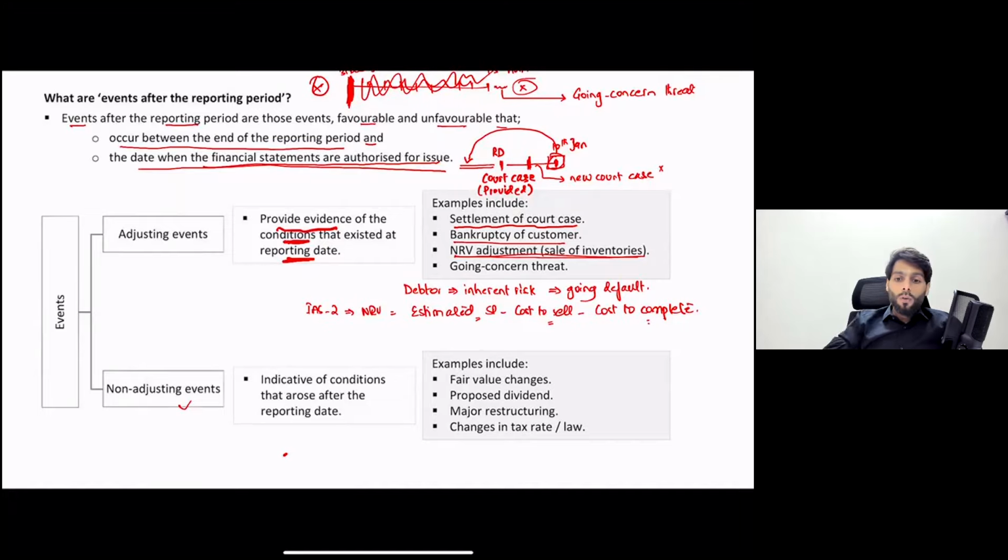So what does an accountant do in reality? They take a post-period sample. What do accountants do? They wait for the inventories that were there at the year end. They wait for them to be sold